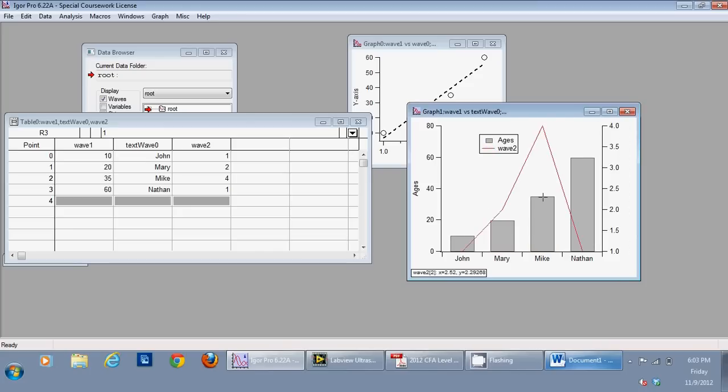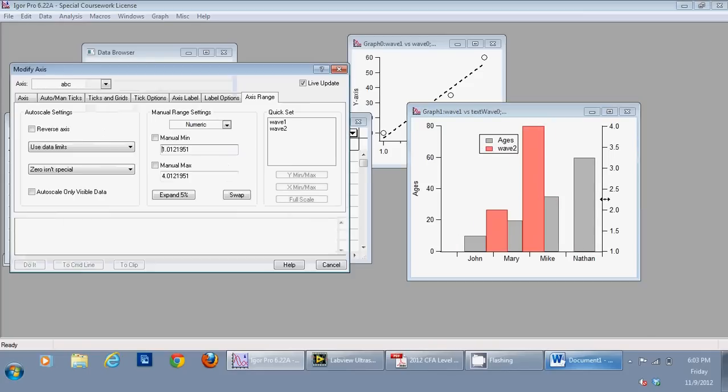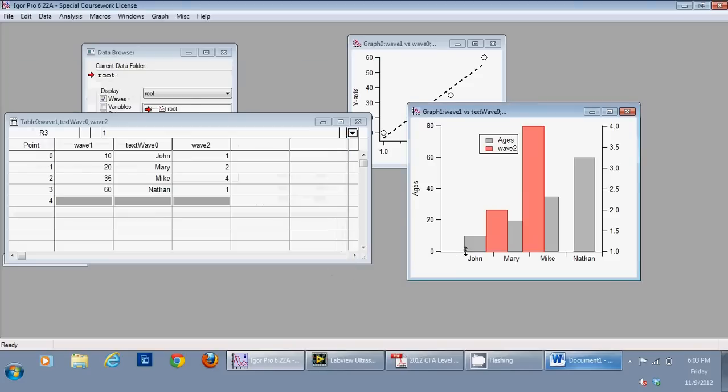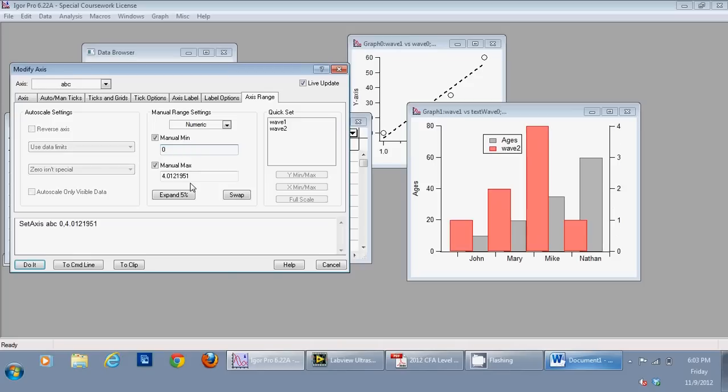because now you can see only 2 bars because the graph starts with 1. So I need to change the range, and I say minimum is 0 here, and the maximum is 5 here, and then I say do it, and then I change the distance between the graphs.